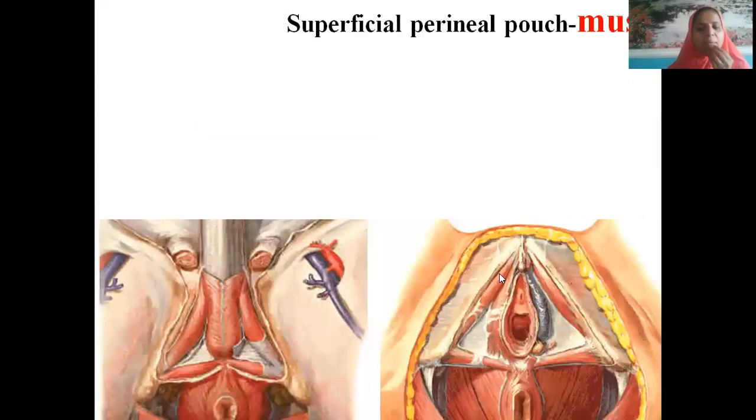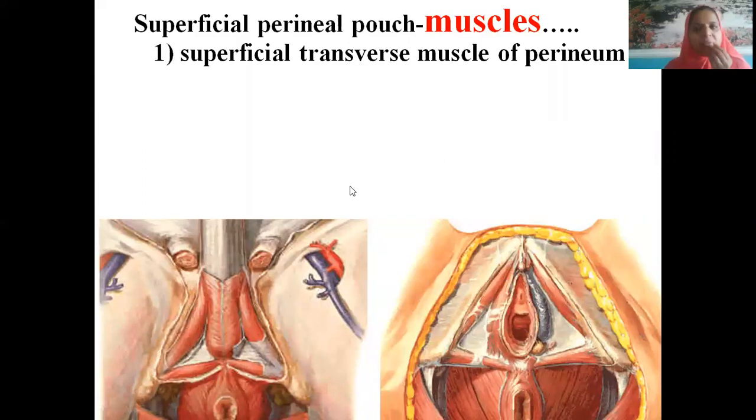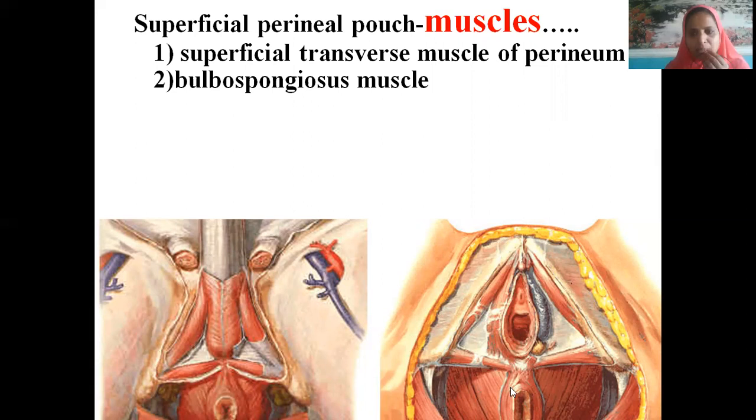So now see, we are comparing male and female. In both sexes, we will see the same muscles. What are the muscles we have? See, this is one muscle. What is the first muscle? Superficial transversus perineal muscle. Whether it is male or female, same muscle. What is the name of this muscle? Bulbospongiosus. Okay. Bulb of the penis. This is the penis, and this is the vestibule of the female perineum. Vestibule is the opening. This is one bulbospongiosus. This side we will have one more bulbospongiosus. Two in number. Superficial also two in number.